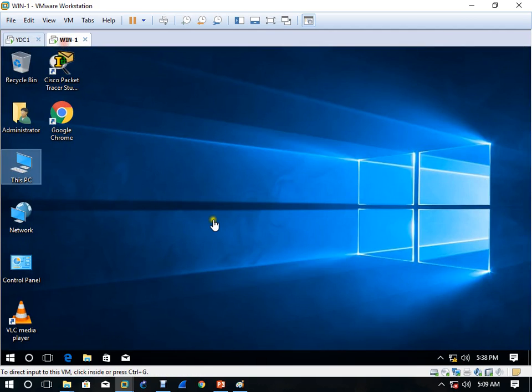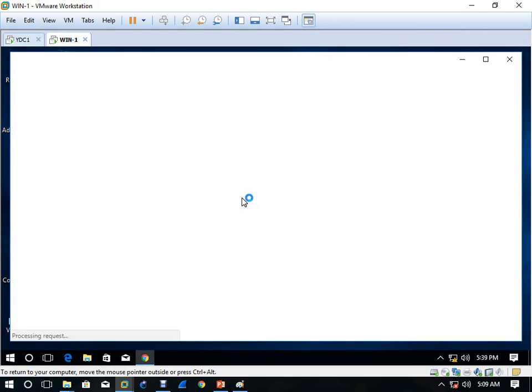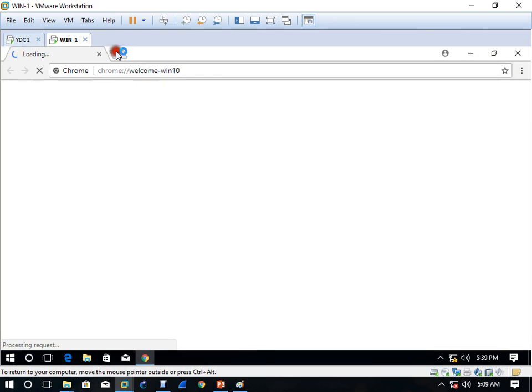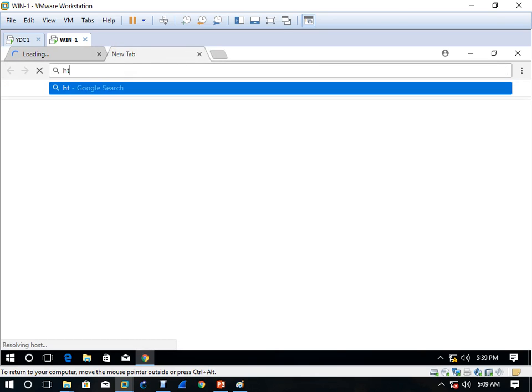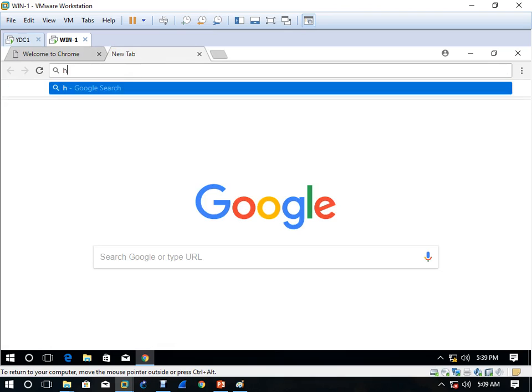Close. Now come to this. See, Google Chrome is installed. So I will write https://www.iiht.com/rdweb, right?